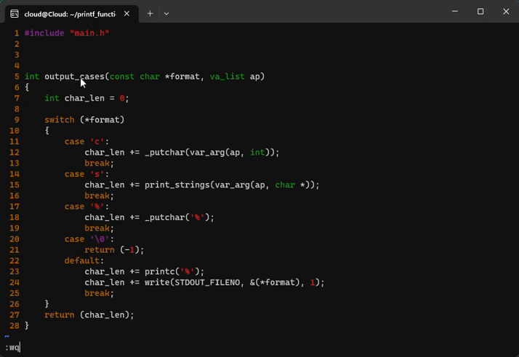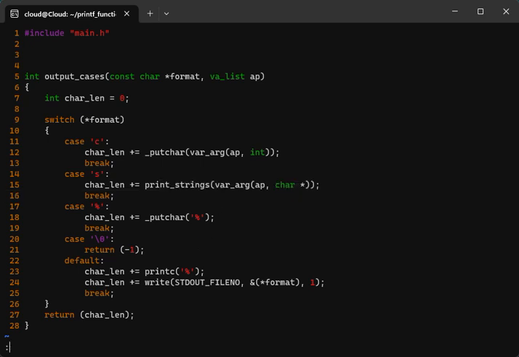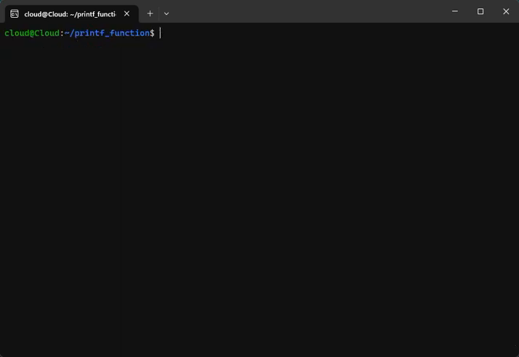All right, now we have the printf function, we have the output cases function, and we don't have the putchar function, and we don't have the print strings function. Let us go to the putchar function. Now the putchar function is one of the easiest to write,